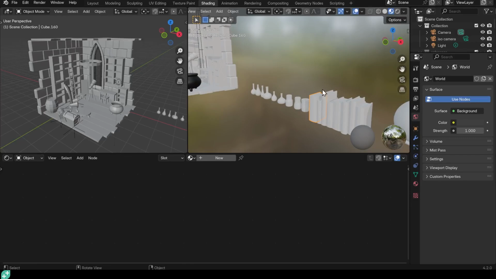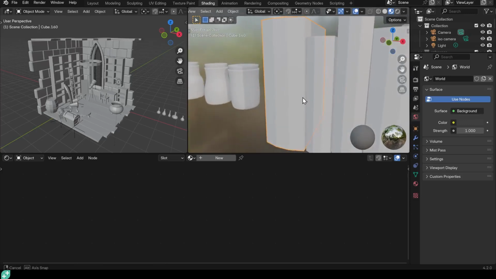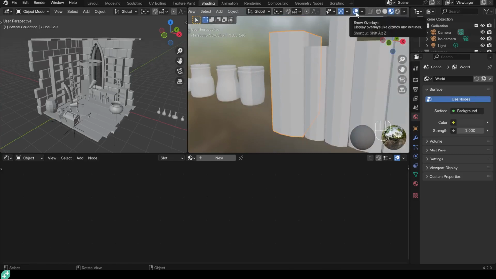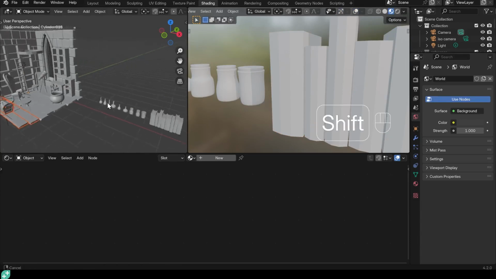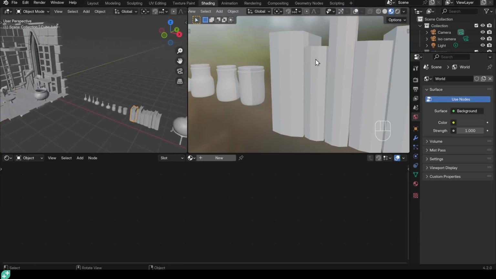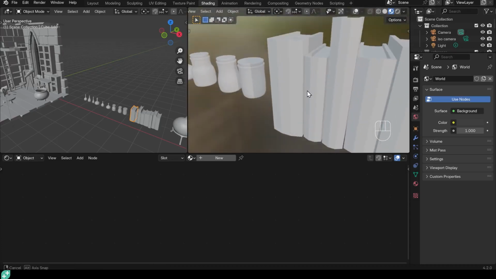So let's click on one of the books. I'll press the period key to zoom in on that. Now the reason I usually have two windows, I tend to make this one without the overlays. So I turn the overlays off and turn the gizmos off so it's a little bit clearer, and then I can select things in here if I want to. So I can come to this first book here. We can't see the selection, but that helps us to see exactly what it's going to look like.